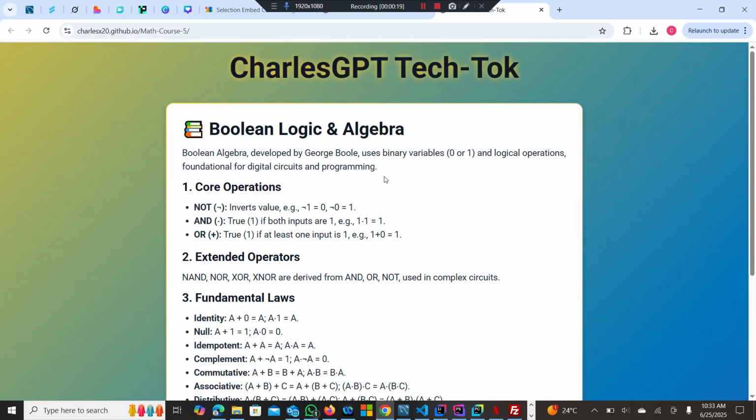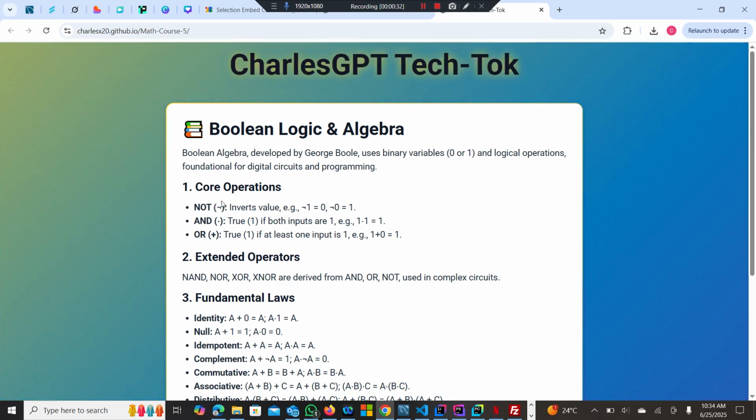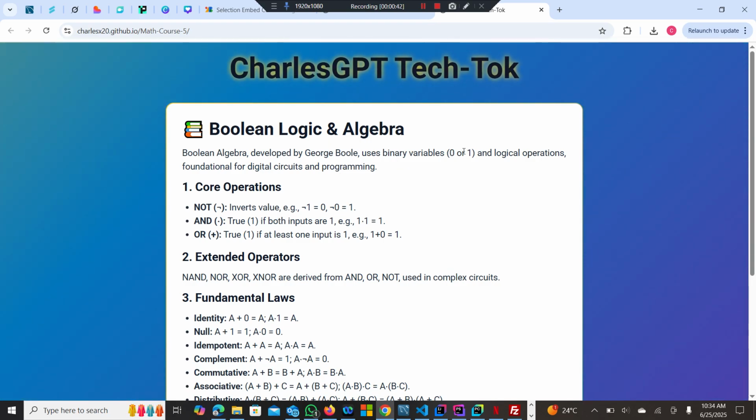I'll just briefly explain how things go on this. So you can see some signs. I don't actually get how some signs work, like the not operator. I just use this because it is the only thing I can find that is somehow related to the not operator. So Boolean algebra, developed by George Boole, uses binary variables 0 or 1 and logical operations, foundational for digital